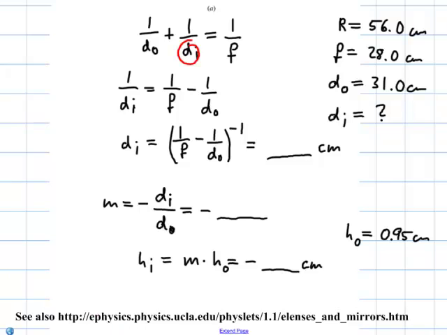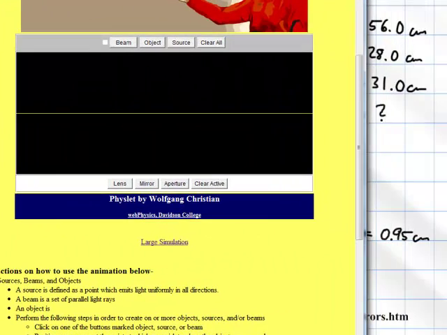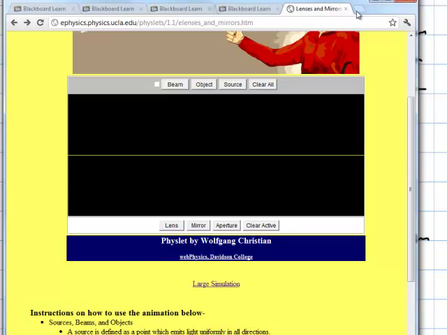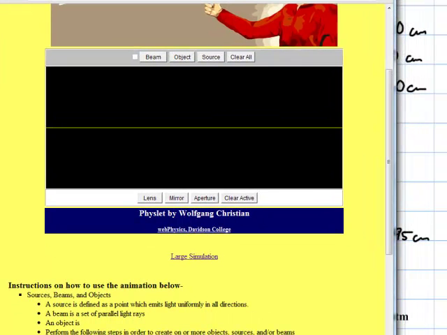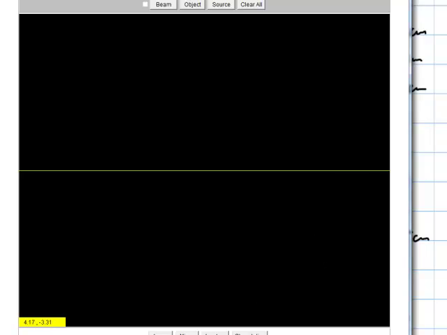Okay, and lastly, I wanted to look at the applet that I posted there. To find an applet, I think I just Googled optics applets in order to find something, and I chose this large simulation, and then I choose the mirror here. There it is, and then I push it somewhere over there, and then it doesn't allow me all